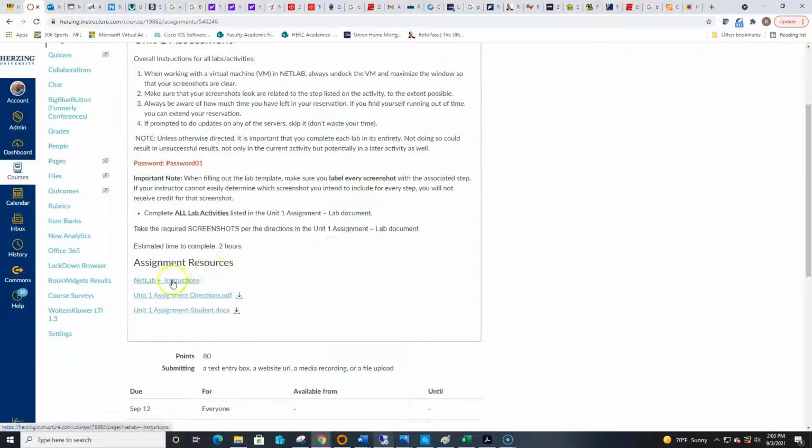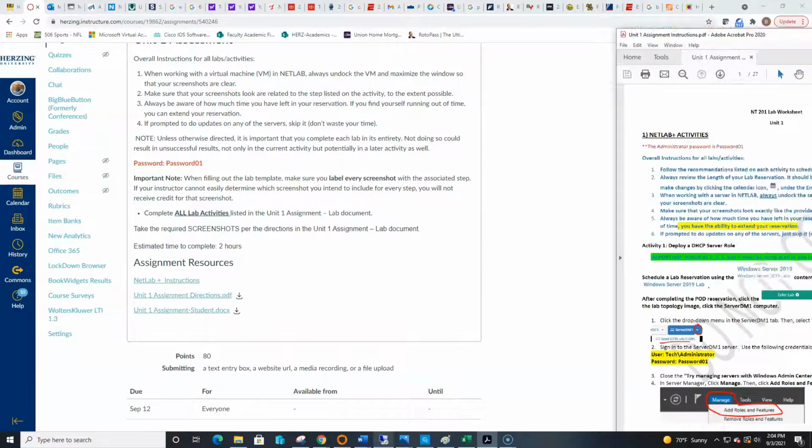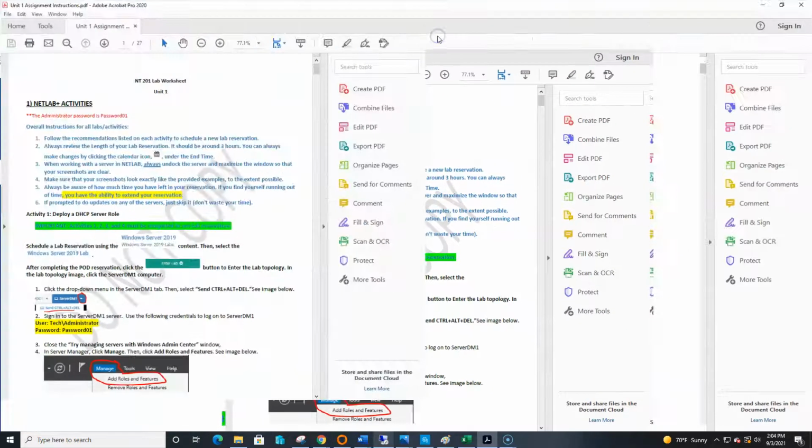So first off, the first link that we have here at the bottom of the Unit 1 assignment is NetLab instructions. If you're not familiar with NetLab, be sure to take a look at that. But if you took NT 181 here at Herzing, then you're already familiar with NetLab, and you may have had NetLab in other courses as well. The primary documents that I want to point out here are these bottom two. The first one is the assignment directions, and this is the actual lab instructions for your assignment